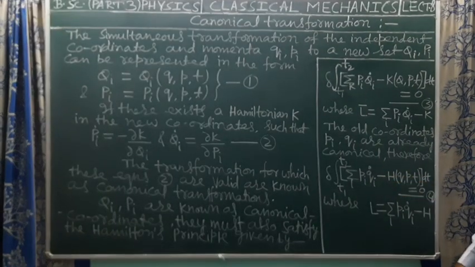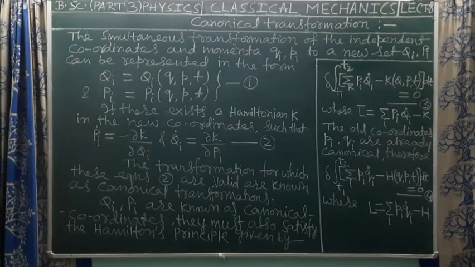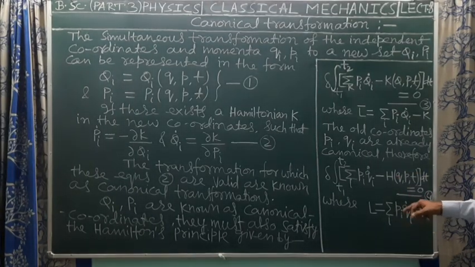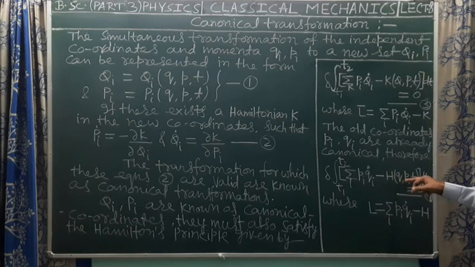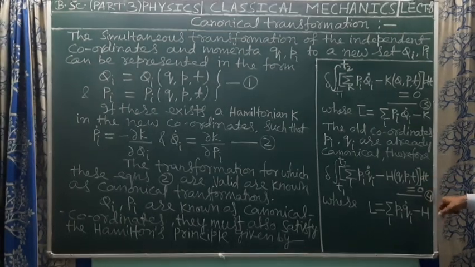Capital H is the Hamiltonian function in the old coordinate system, and it is a function of the position coordinate small q in the old coordinate system, small p, the momentum coordinate in the old coordinate system, and time t, bracket closed, big bracket also closed, multiplied by dt, which is outside the bracket, and is equal to 0. Suppose we say it is equation number 4,